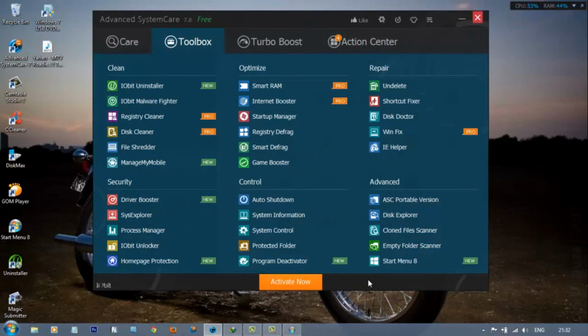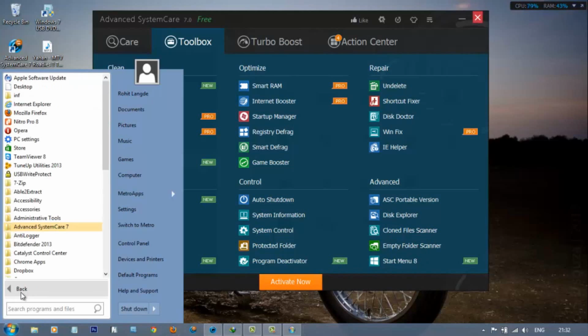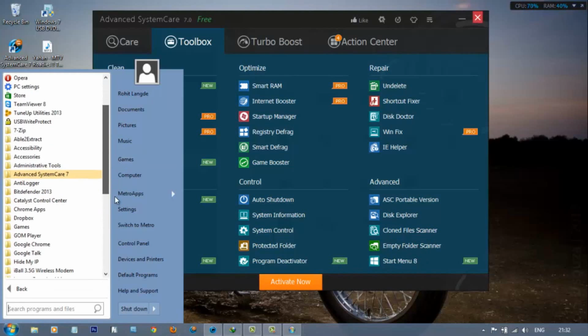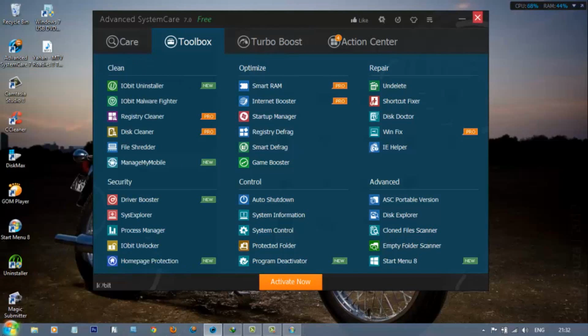Okay, the download of Start Menu has been completed. Now we'll see how it looks. Okay, so here you can see the Windows 7 Start button has appeared here, and the interface too looks similar to what we used to have in the previous Windows versions. So if you don't like the new Start Menu, this is really a good option to enable and get your Start Menu back on Windows 8 too.